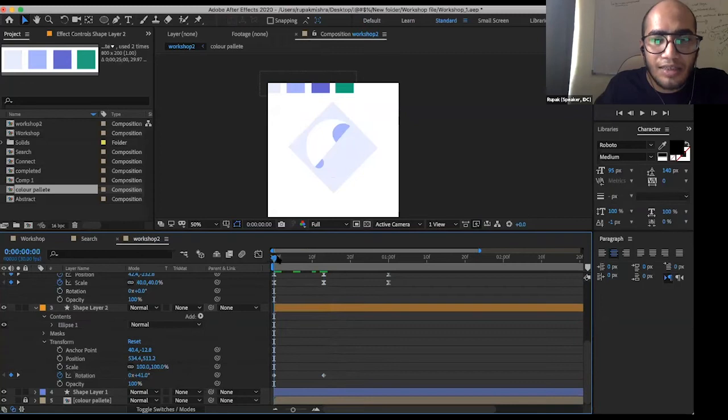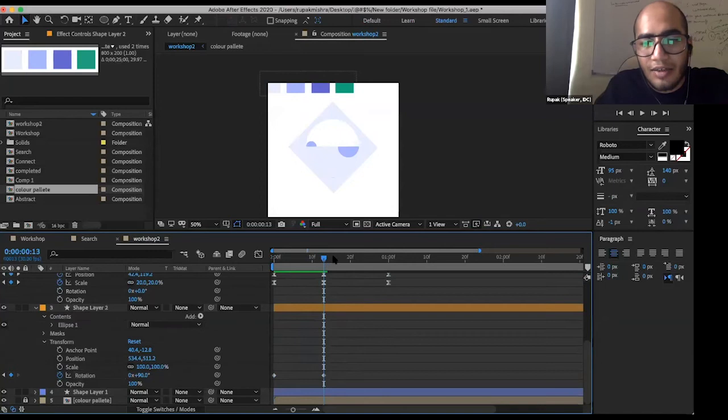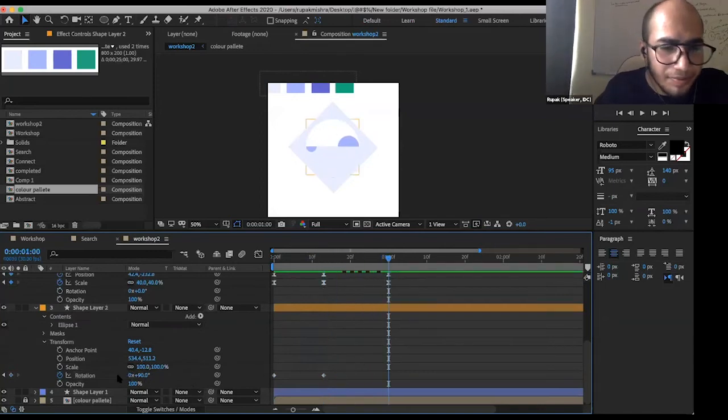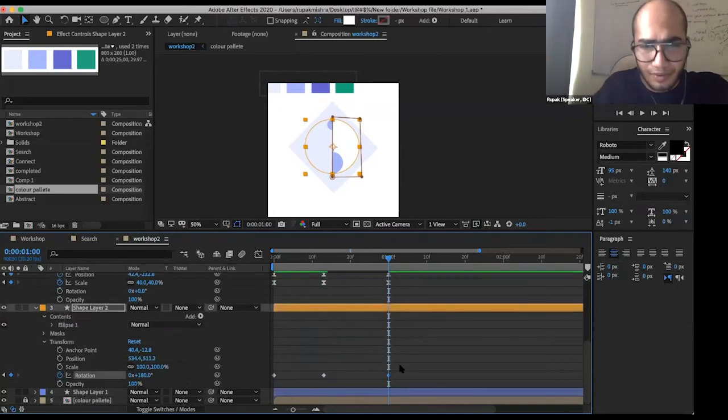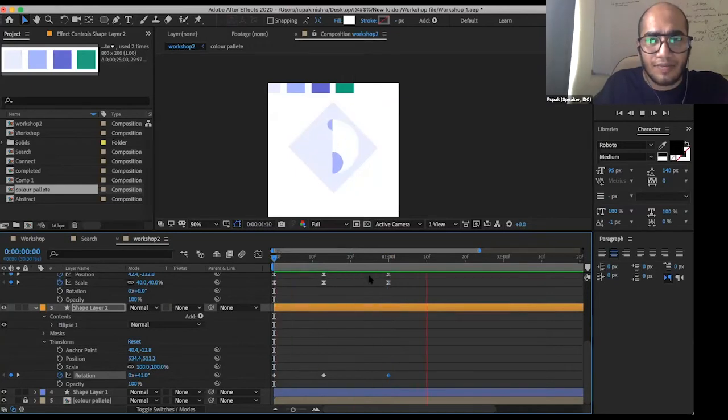So when the shape layer switches, it rotates to 90 degree. And again, when it switches, the next rotation can be like this again, vertical. That's 180 degree. So it's like this currently.